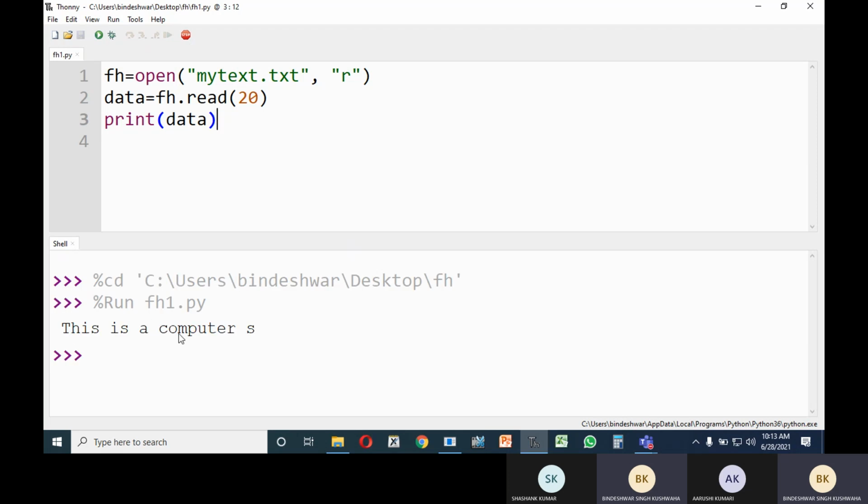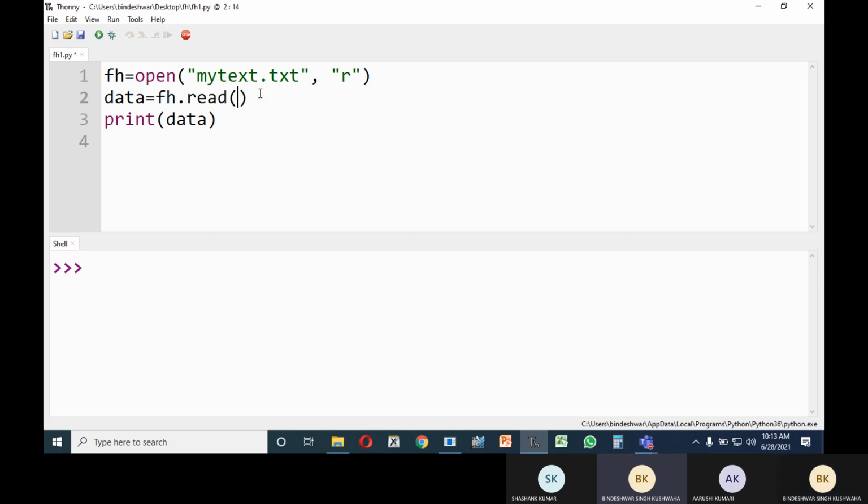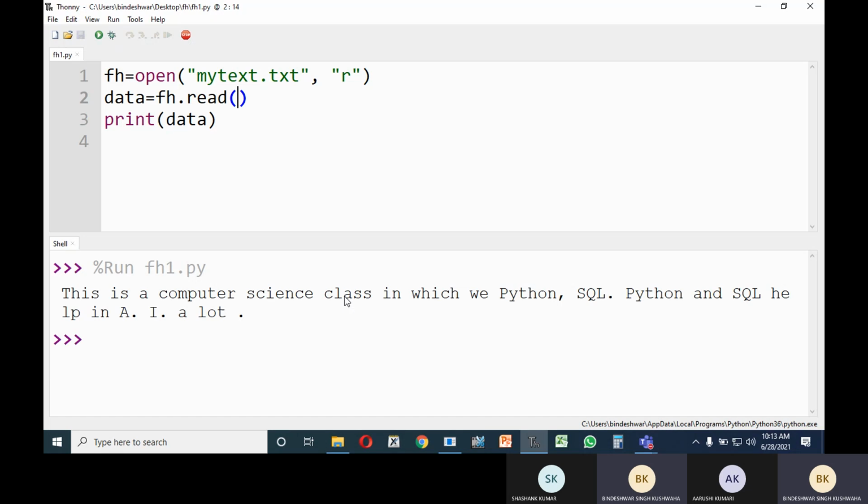If you count it: 1 2 3 4 5 6 7 8 9 10 11 12 13 14 15 16 17 18 19 20 bytes. But as I said, if you do not provide any value inside read, it will read the entire file. So be careful about that.